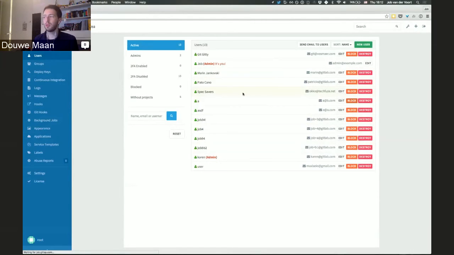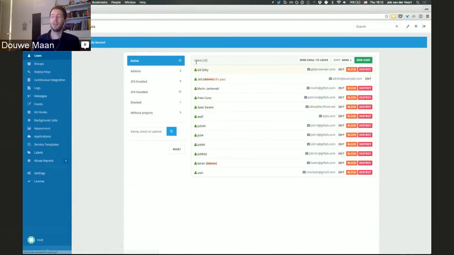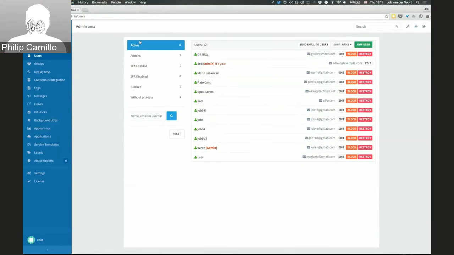And we can even choose to destroy the user, in which case all their content will also be gone. But if we block a user, we make sure they don't have any access to anything anymore, but we still have access to the things that they created, like their comments. So that's the typical process when someone leaves the company. They just block them so they can still access all their contributions, and then later destroy once they've